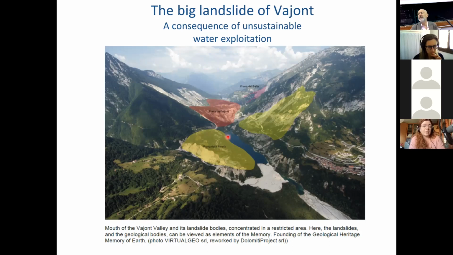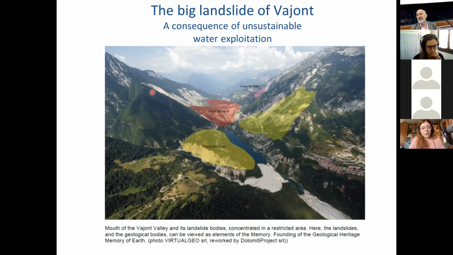Basically, what happened in this place? They built a dam, the Vajont Dam, closing the very narrow gorge of the Vajont stream and producing, obviously, like all dams, a lake upstream of the dam. This is the lake, the remnant of the lake, because this image is after the landslide. Here you see the scar of the landslide along the slope of Mount Toc that is here, and all this block of rock falling down,